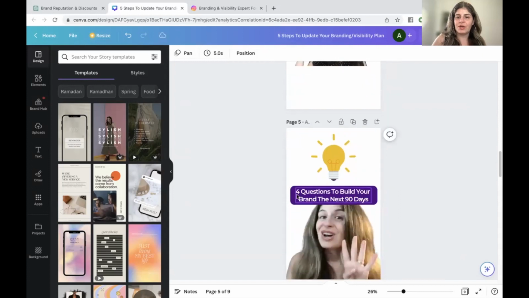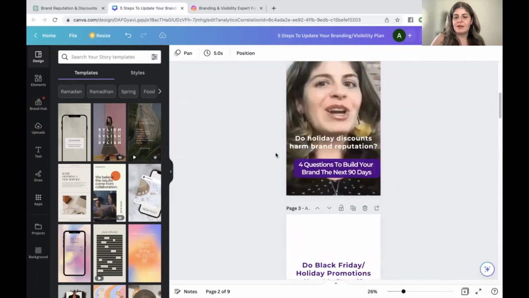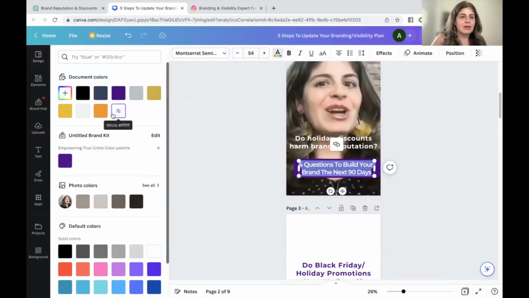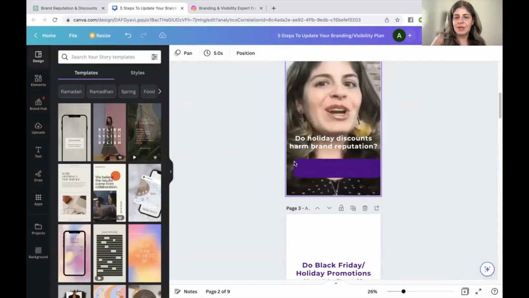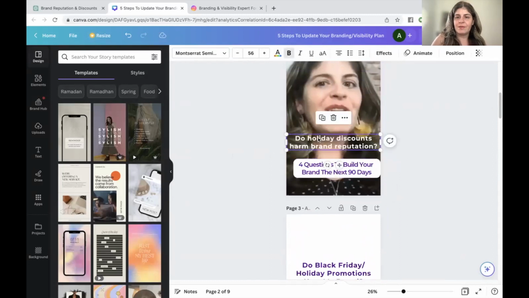Okay, let's see what we can try here. I'm going to copy this from that one because I kind of like it. But instead, I'm going to make this opposite. There we go. And say,